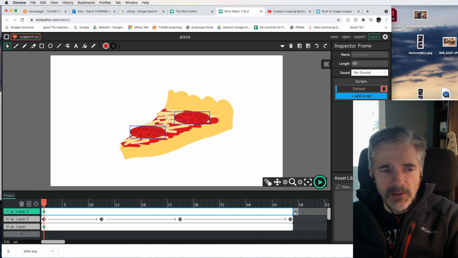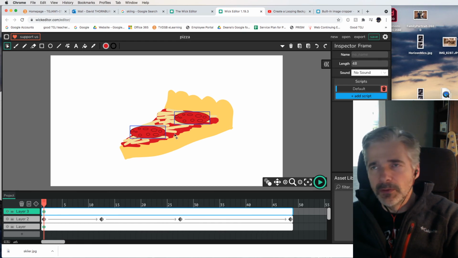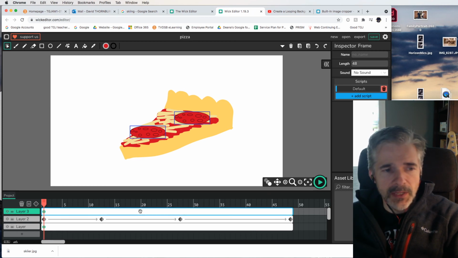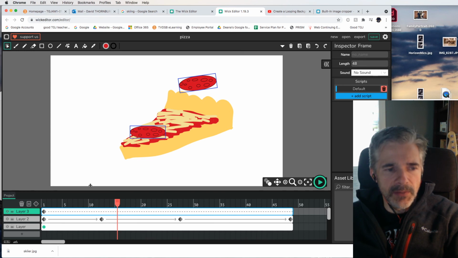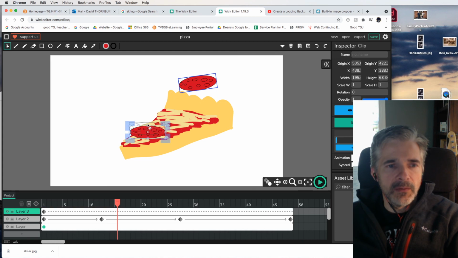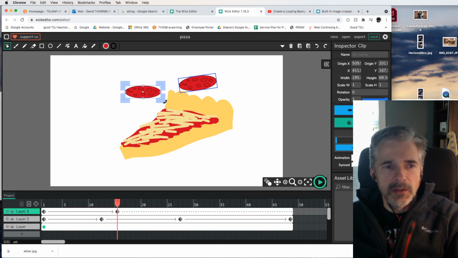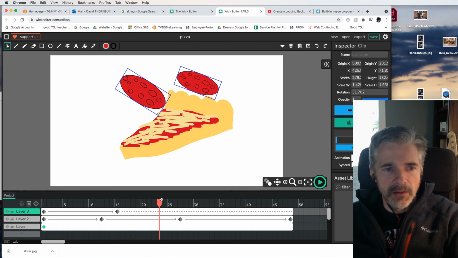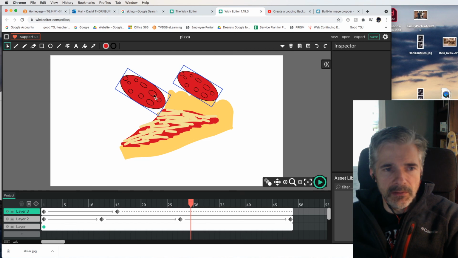It's very important that you have them on their own layer, because otherwise it screws up all the keyframe stuff. So we're going to animate this second one. Going to add the tween, and then maybe we'll do it a little bit later in time. Because I've added the tween and told the computer I want to animate, this guy goes this way, and he's going to enlarge, go big here, and then here he'll go back small again,